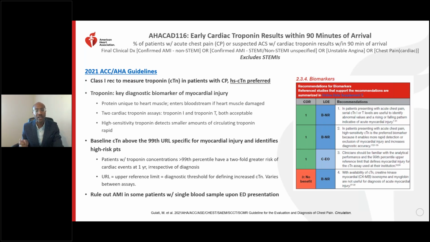Why do we care about this? We care about this specifically because we know that the cardiac troponin, relative to the other labs that we obtain for routine chest pain, is really specific and unique to heart muscle, right? A protein that is unique to heart muscle and is present in the bloodstream if there is any heart muscle damage. We are coming from a time where previously we used the troponin I, the troponin T, the more conventional assays, and I would charge everyone to first and foremost understand what assay you have, and to understand the power of your assay, right?